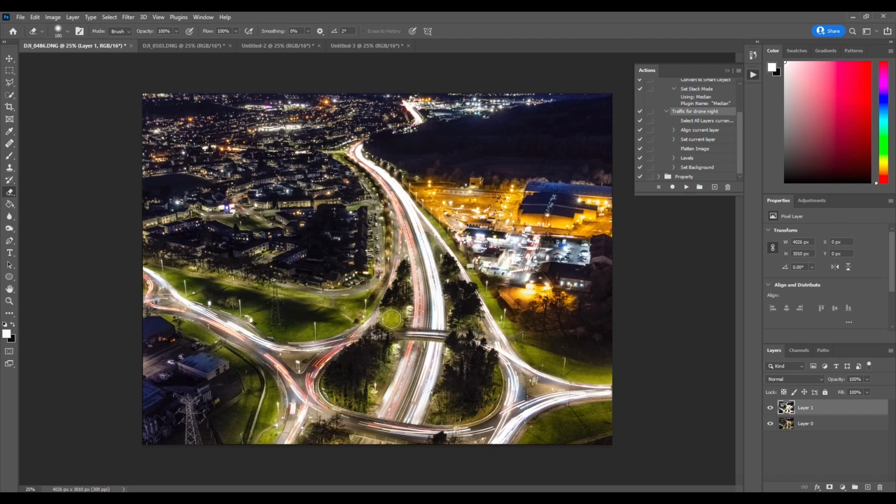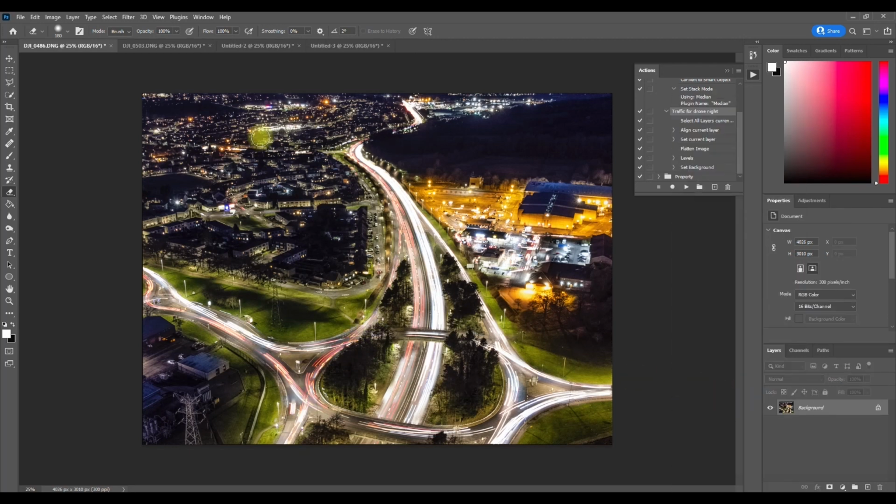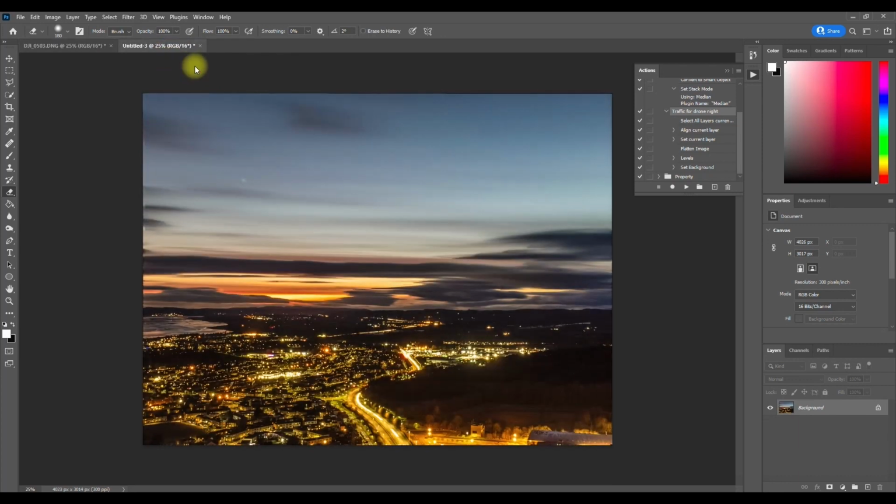So come over to here, right click on there, flatten image, Control S to save, saving up here, 99%, done. Control W to close that, and you can get rid of that as well. Okay, final image,